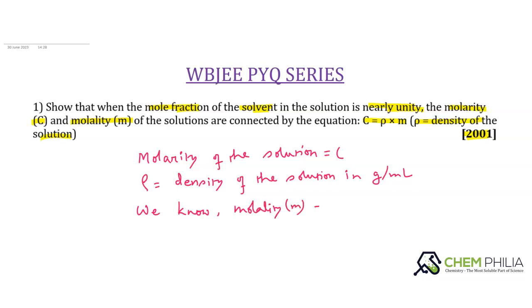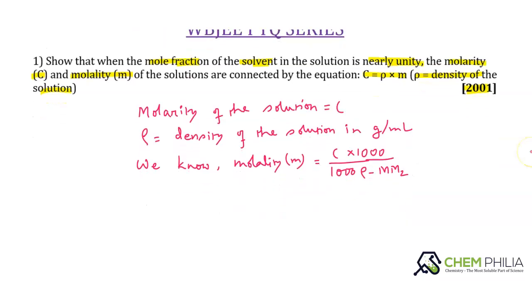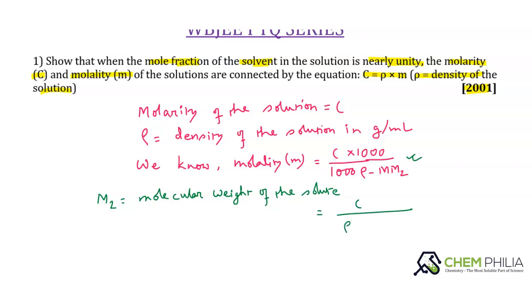molality, that is small m, is equal to capital C into 1000 divided by 1000 rho minus m2, right? Now here I must mention what is m2. m2 is the molecular weight of the solute, right? Now this equation we may rewrite as capital C divided by rho minus